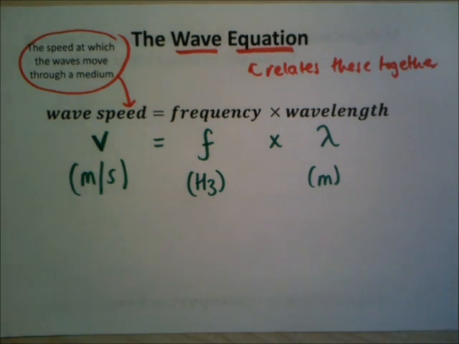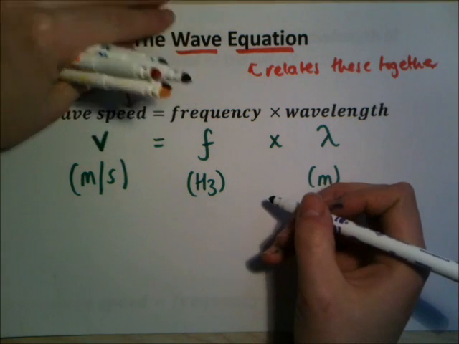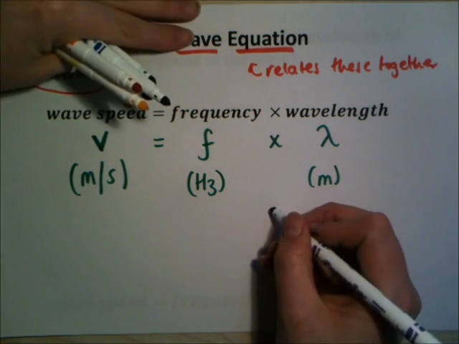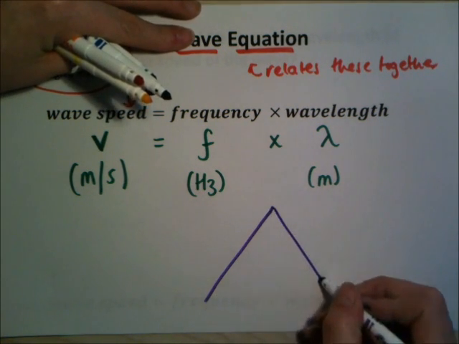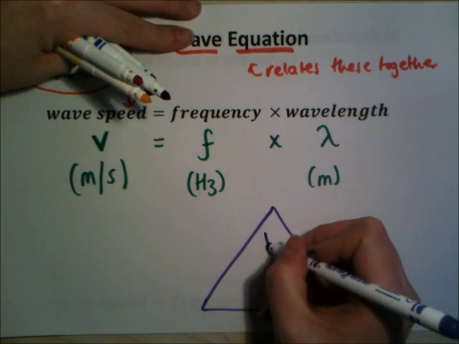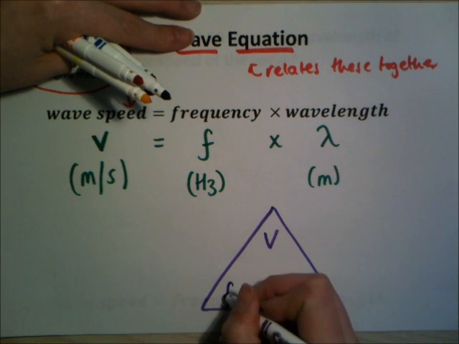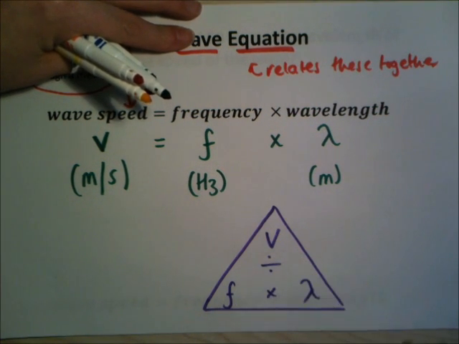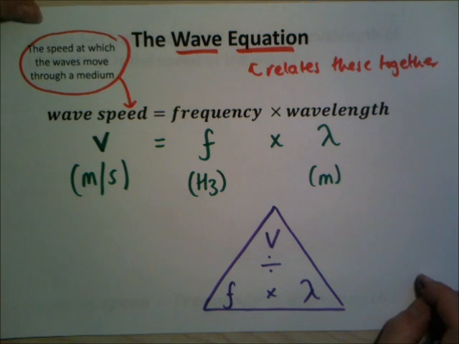Now, we can draw this in a triangle, because sometimes people like to use triangles instead of rearranging. So if you have an exam question that needs you to rearrange this and you don't want to, you can think about it in a triangle. And your triangle will look something like this. It will have wave speed at the top, so V at the top, equals frequency here, wavelength there, with a little times there and a divide there. Now, I'll show you how to use the triangle in a second